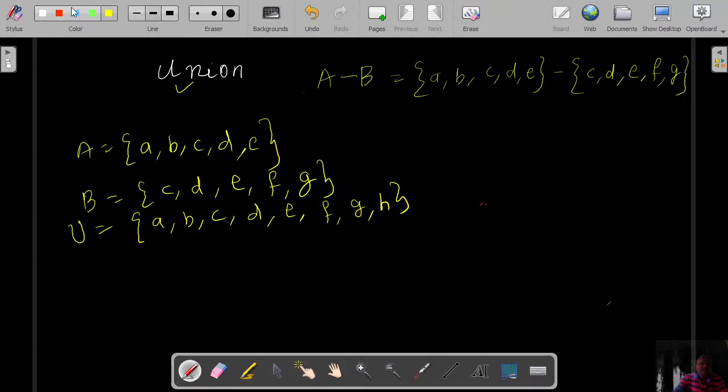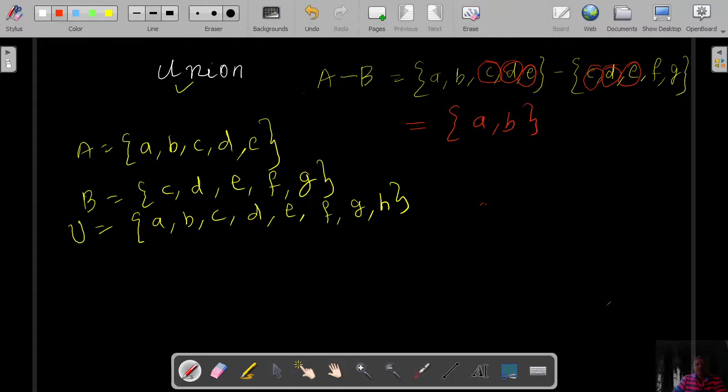Once again, every time I am following one method, you just observe what are the common elements. Because my sight is not very good, what I usually do is I write like this and keep it, so I will know these are the elements common to both. Now what is A minus B? A minus B is nothing but A, B, that's all.